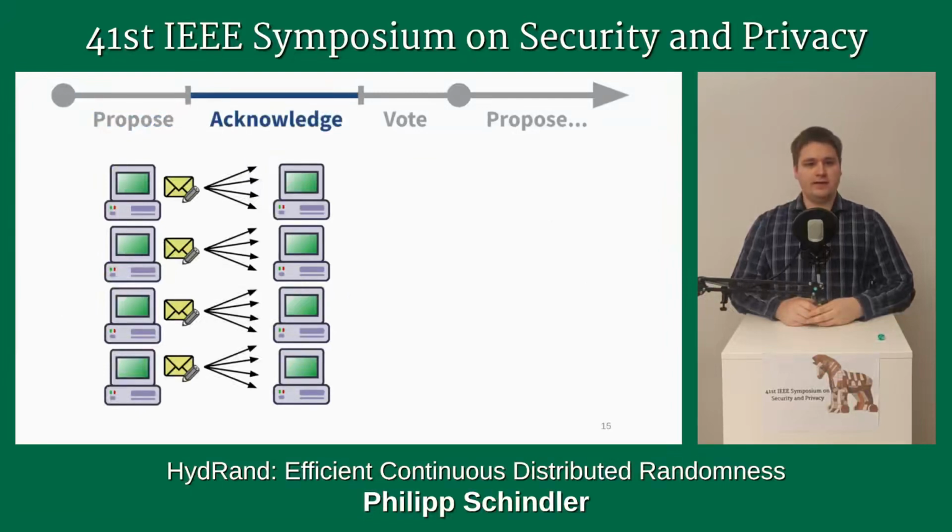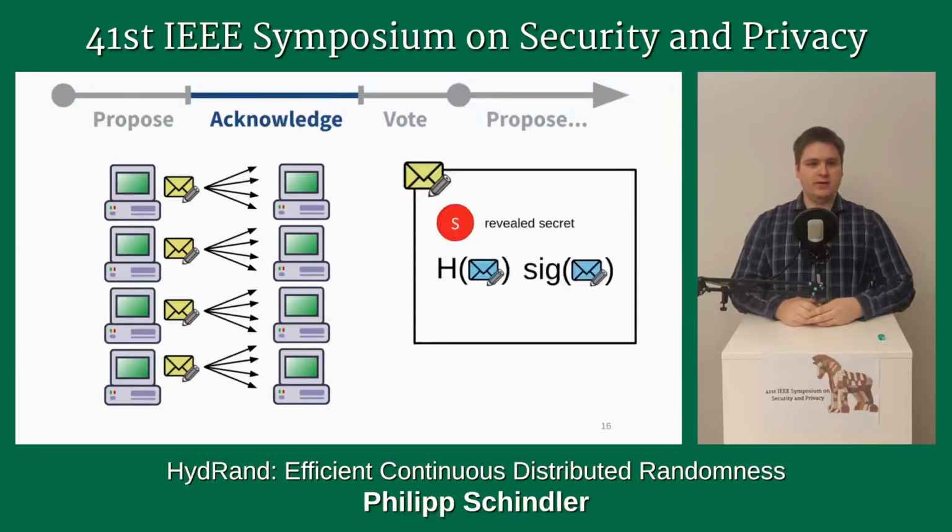During the acknowledge phase, each node which previously received a valid message from the leader broadcasts a signed acknowledge message. This message forwards the received secret as well as includes the hash and signature of the received proposal. On the one hand, including the hash ensures that a malicious node which sends out different messages during the propose phase is later detected. On the other hand, sending the leader's signature prevents a malicious node from wrongly accusing a